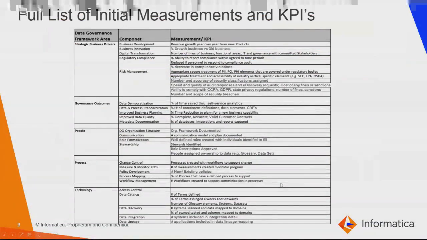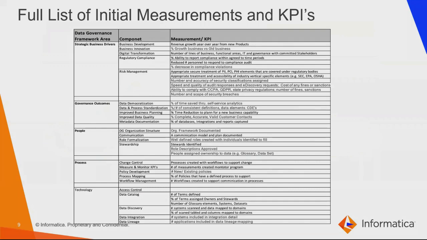Here's a full list of initial measurements and KPIs. We went through some of the KPIs as an example in the previous slides. Some of them I would like to highlight on the technology aspect are on the data catalog, like the number of terms defined, number of terms assigned owners and stewards, how much lineage has been achieved. This can be achieved through enabling data asset analytics in EDC, wherein it provides all these metrics on the analytics